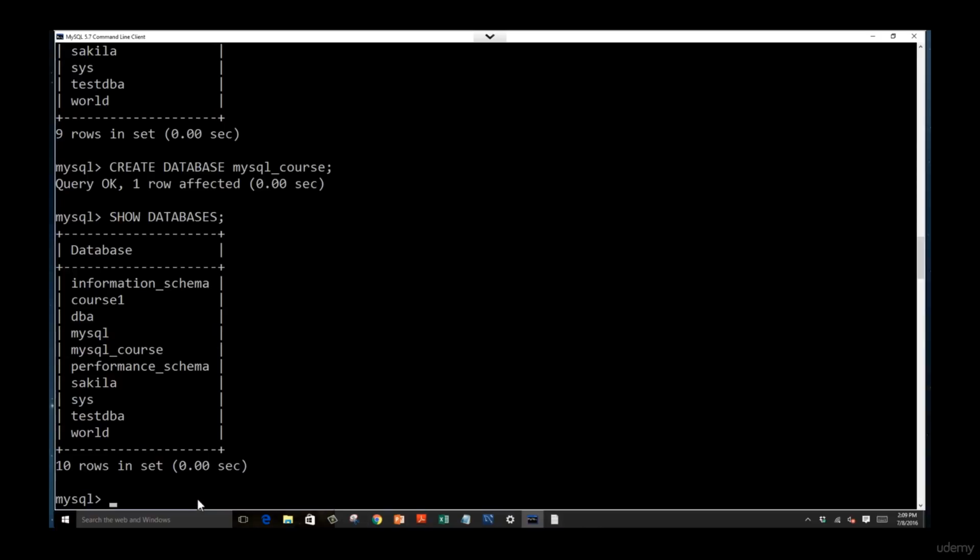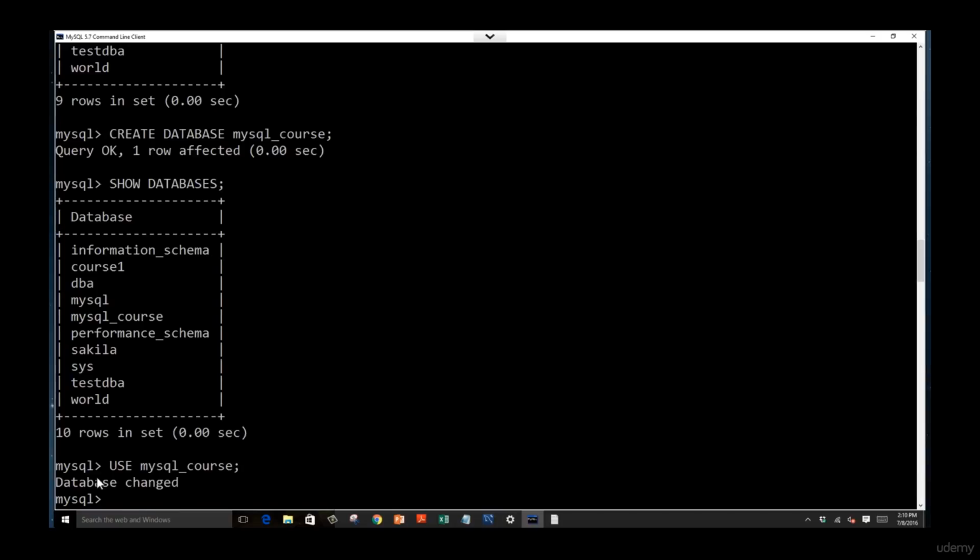So there's one last thing that we have to do before we can move to our table creation, where we will be creating our first table in MySQL, and that is to set the MySQL course database as the current database that we'll be using to create our table. So we'll use our USE command, USE, and we're going to write out mysql_course. Let's press enter, and you can see that the database has been changed and we are now in the mysql_course